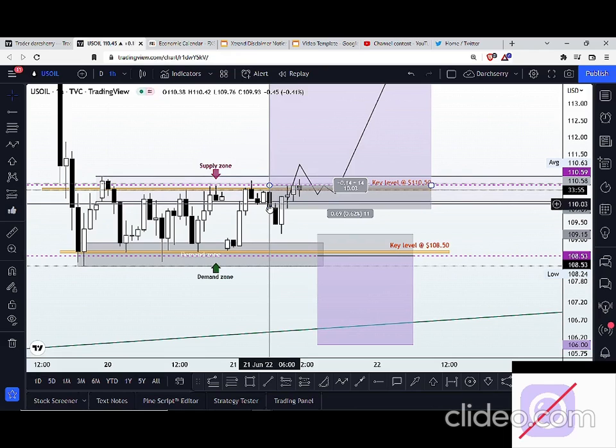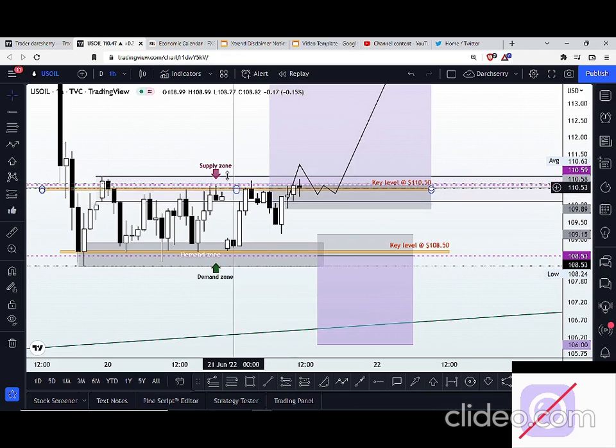So that's on the US oil. And at this point, we want to move